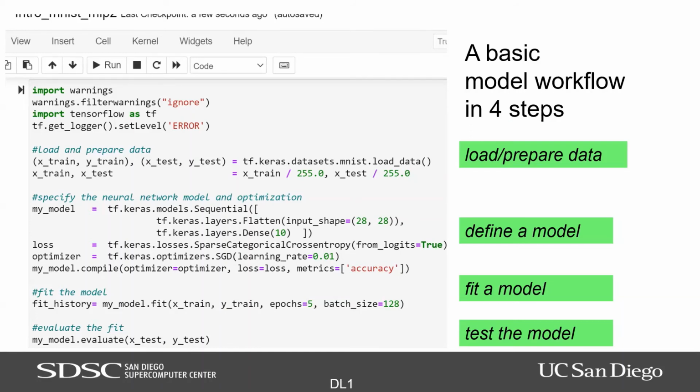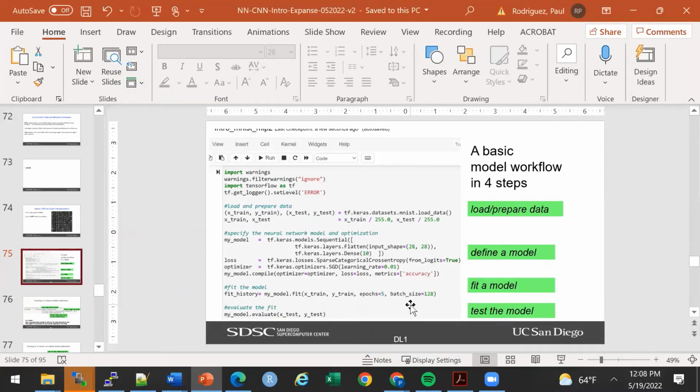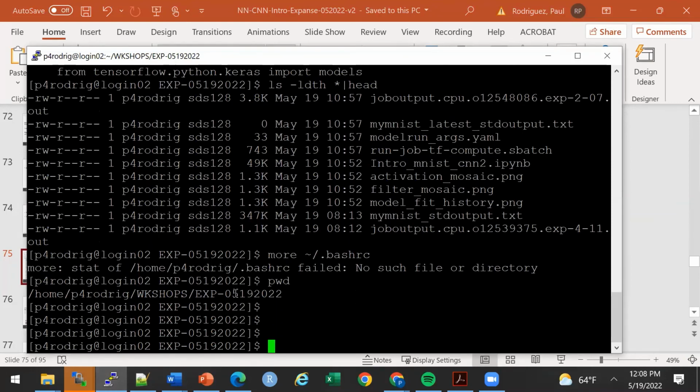Great questions. Okay, next one is, while working with a large data set, what is the easiest way to upload and access the data from the Jupyter Notebook? Well, remember, Jupyter Notebook is just running on Expanse. So you still want to be comfortable with having access to your Expanse shell command, and don't upload your data through the notebook, but upload your data through SCP from wherever your data is.